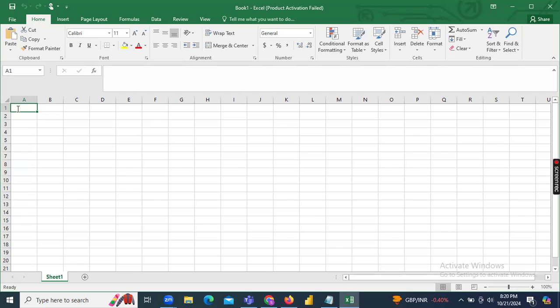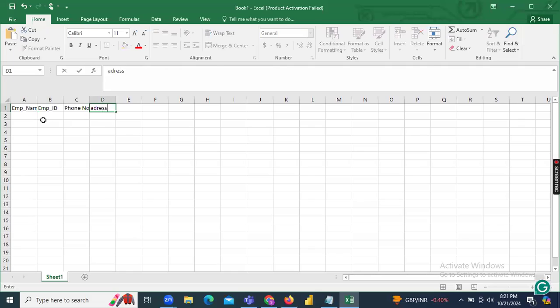For example, we have employee name as one column. You join a certain organization and you will fill in this information, right? Your name, your employee ID, your phone number, something you are storing, and your address.